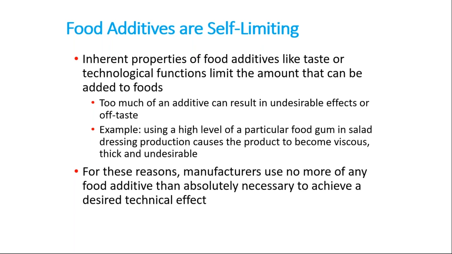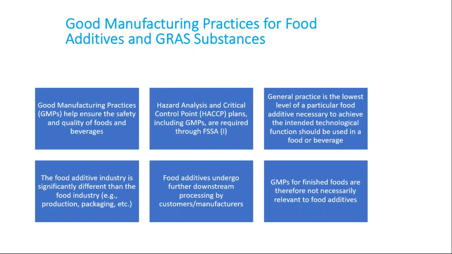For example, when you preserve fruits or vegetables in acid, vinegar, you cannot increase the concentration of vinegar because the pickled vegetable will become so sour that nobody can eat it. So they are self-limiting. The good manufacturing practices for food additives and GRAS substances are that this GMP allows